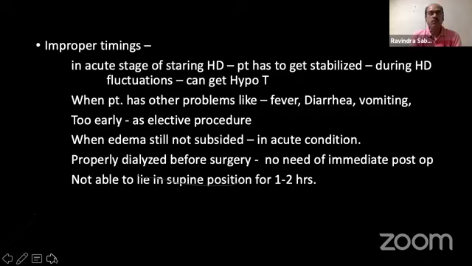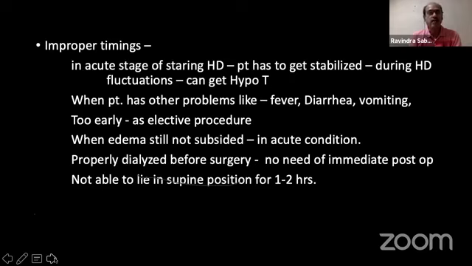Decrease in the flow in the vein will immediately result into thrombosis. Then the third thing is that it's too early as an elective procedure. I just said that it is about 5 to 6 months, but sometimes in over enthusiasm, you do a fistula and then it is not being used for 1 year, 2 years, 3 years. And then there is a possibility that such a fistula is likely to fail because it is not being used.